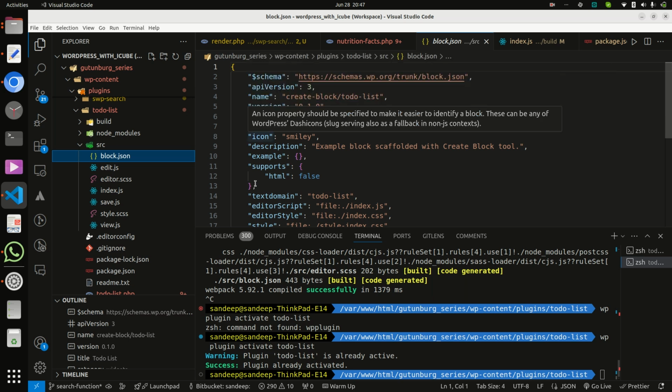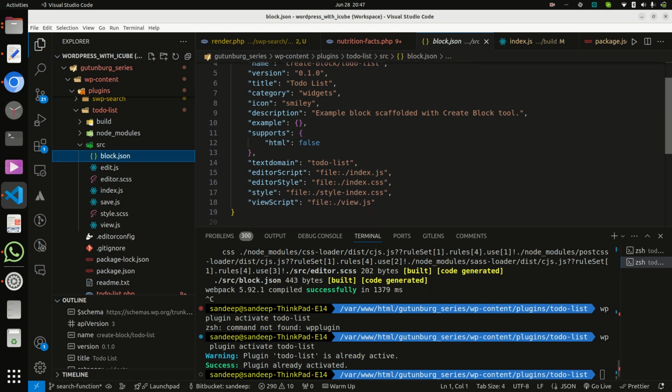Attributes are also here, and we will work on lots of attributes here.